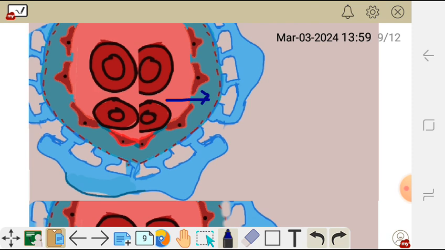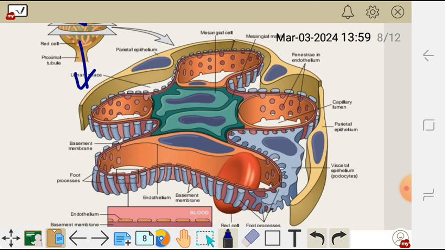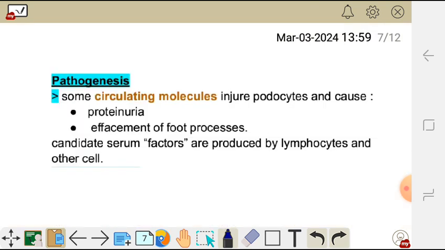Because albumin is also negative, or proteins are negative, and we also have that negative layer there in the podocyte which repels the negative proteins. In that case, proteins are not filtered. But now, due to this condition which is called minimal change